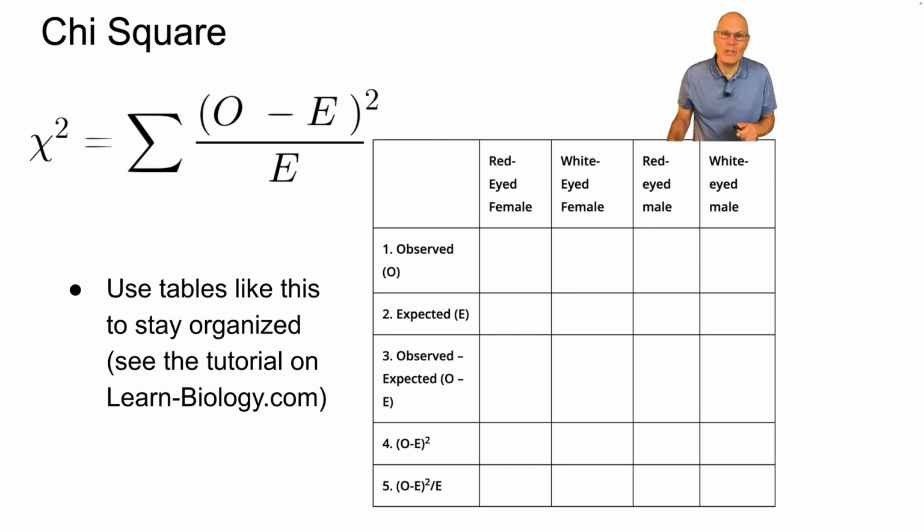You should know how to do chi-square to analyze the results of genetic crosses. I totally recommend that you set up tables like this one, and you can see a tutorial about that on